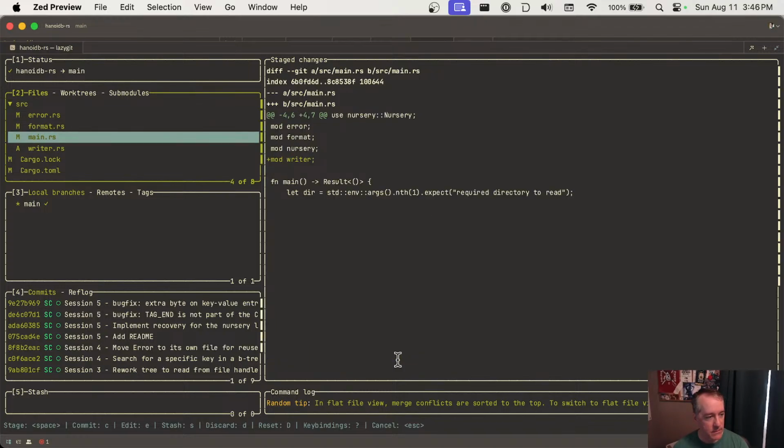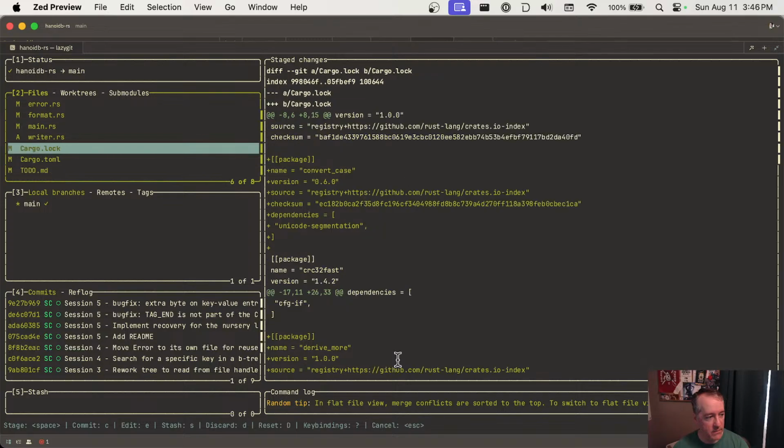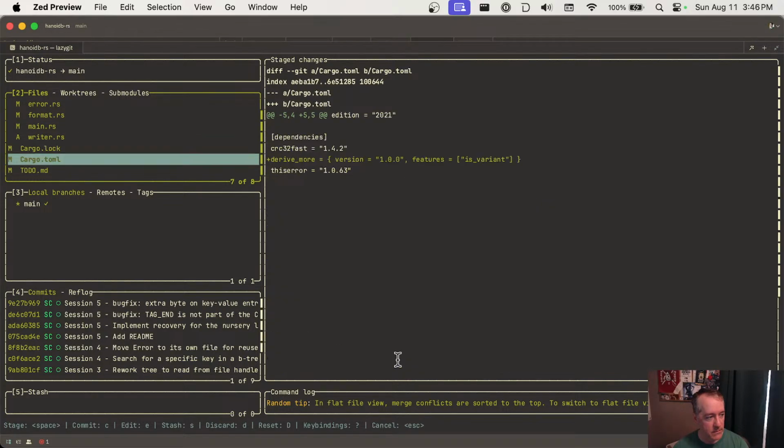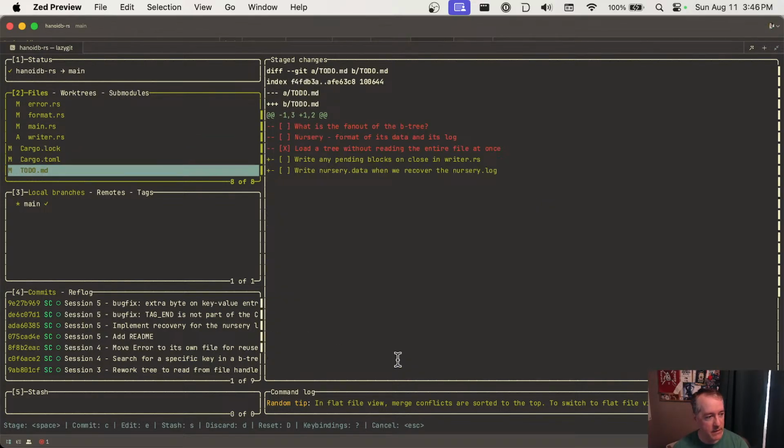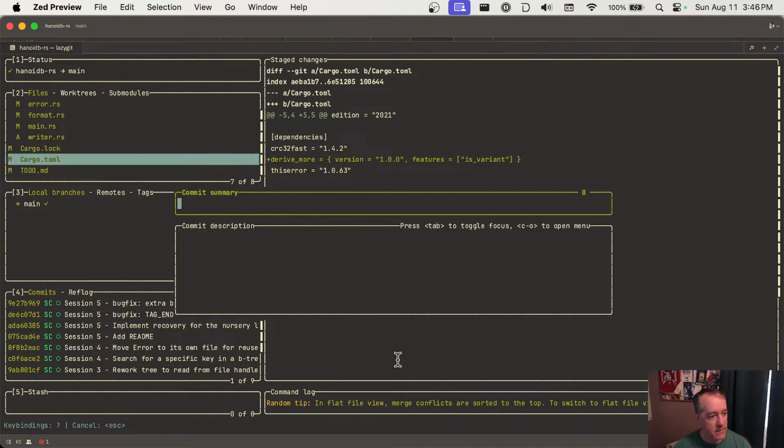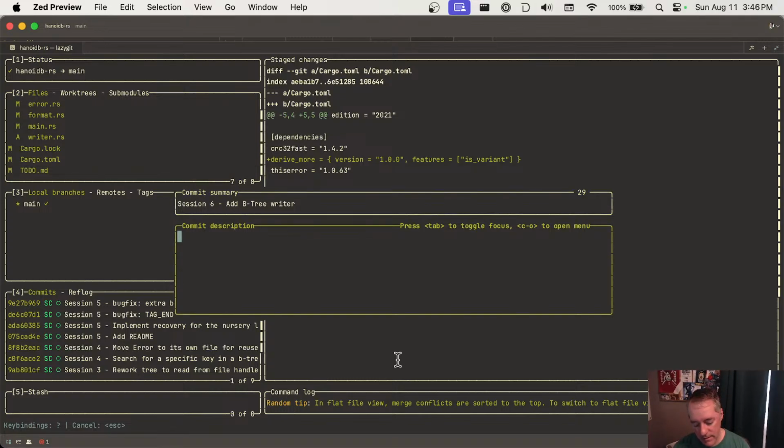We added that module and we added the writer. We don't care about the Cargo.lock. We added that. And okay, so this is session 6. Add B-tree writer. And we still have to do the